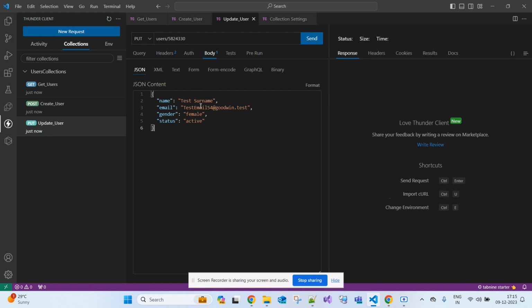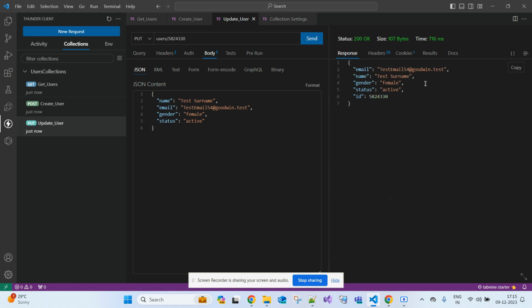So we have provided the ID, we have provided the body, and authentication and base URL are coming from the parent. So let's send this request. You are getting the success response, 200. So what is the updated name? Test surname, it is updated. Female, it is updated. ID, whichever user we need to update, that user ID is sent